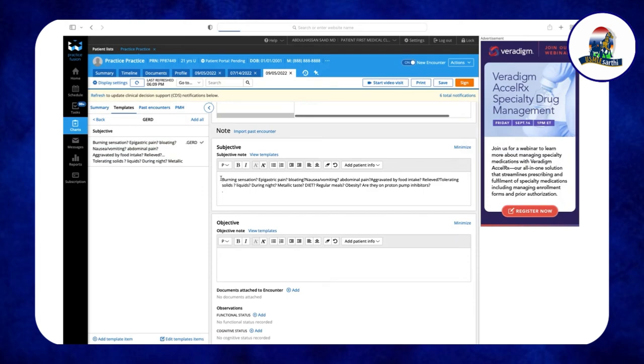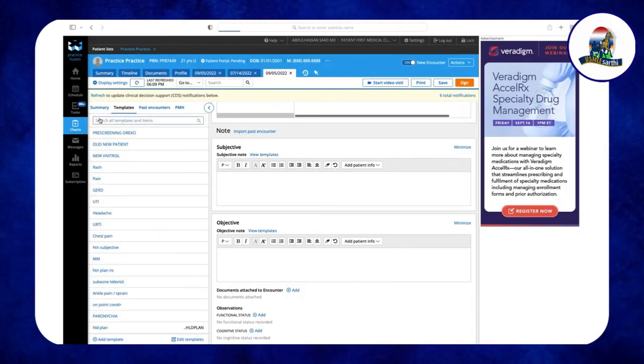Now, obviously, I want you to fill this in with the patient's demographics. So indicate, in this case, patient is a 21-year-old male or female patient coming in due to epigastric pain, and then establish or elaborate on exactly what the pain is. Is it a burning sensation, epigastric pain? Is there any nausea, vomiting? Going beyond that to create a timeline and seeing if anything has been done to abate any of those symptoms as well. Definitely use the templates for subjective and objective